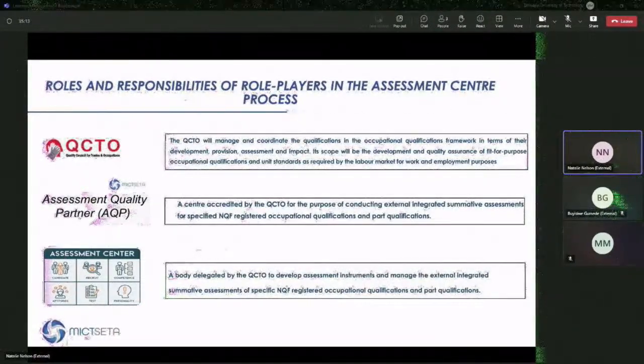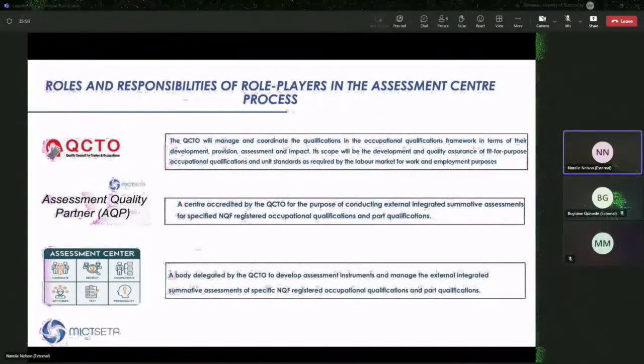Just in terms of the role players in the ESA, we are still governed by the QCTO, and they have oversight of the full processes that are undertaken in and through the ESA centers. If you're seeking to become an ESA center, you would need to apply directly with the QCTO. If you go to their website, under skills development providers there is a link where you can complete your application. Much like the former process on occupational accreditation, once they've conducted the desktop evaluation, they then issue it to the SETA for us to allocate an advisor.